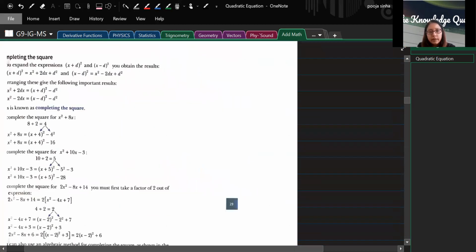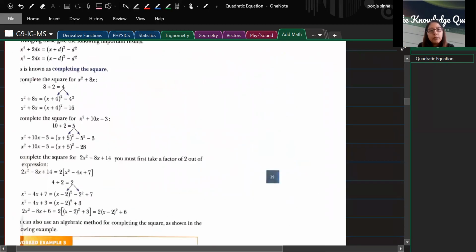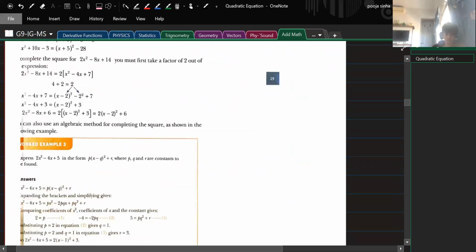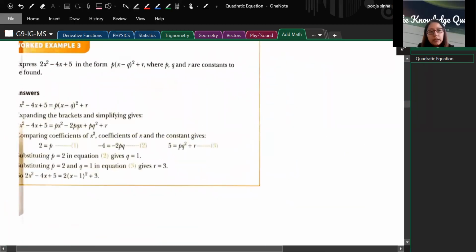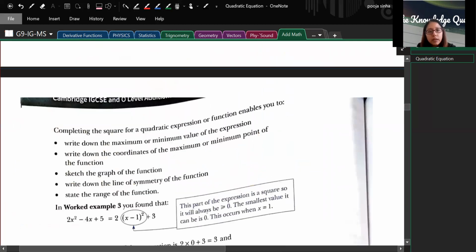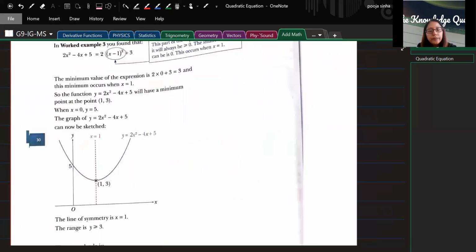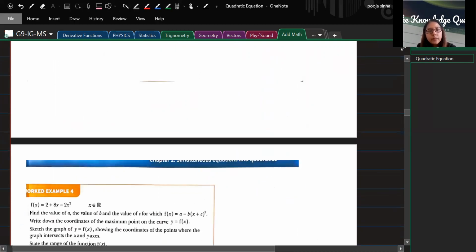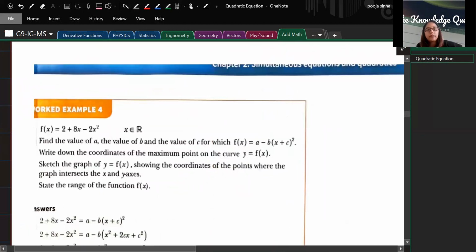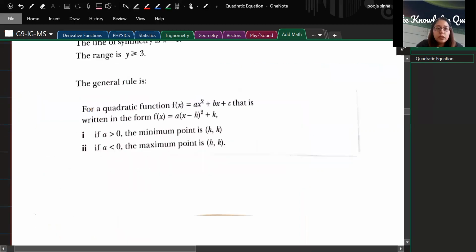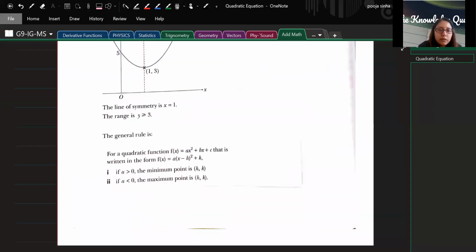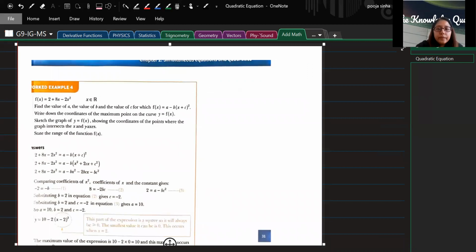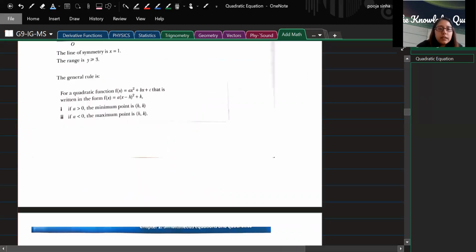हाँ. अब आपने कंप्लीटिंग द स्क्वायर मेथड तो पहले सीखा ही है, राइट? सो कंप्लीटिंग द स्क्वायर मेथड को हम इससे और एडवांस क्वेश्चन लेते हैं. जैसे ये क्वेश्चन आया, नाउ हैव अ लुक. चलो इसका पहला वाला क्वेश्चन पहले करते हैं, उसके बाद इसको करेंगे. The question tells you